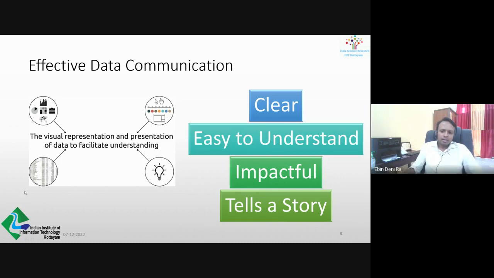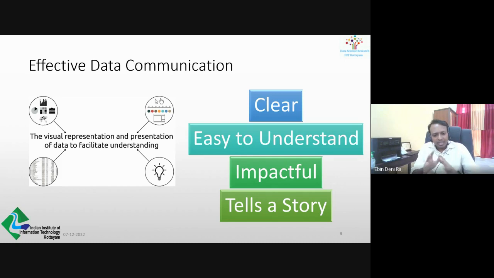So there are many aspects to this which could not be covered in a single lecture. So I'm just trying to give a very peripheral overview about this aspect. Right? So in a nutshell, I can say that data visualization is the secret of turning data into visual graphics that people can understand. So when I'm saying visual graphics, it can mean graphs, charts, or infographics. So any of these things, right?